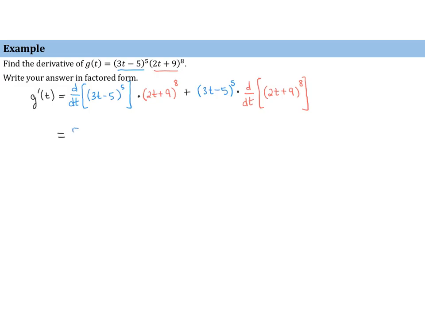So again, I'll bring the 5 in front. For a moment, I'll ignore the inside function, lower the power, and then we'll take the derivative of the inside function. The inside function is 3t minus 5 times, now we just carry down the second function in the product,